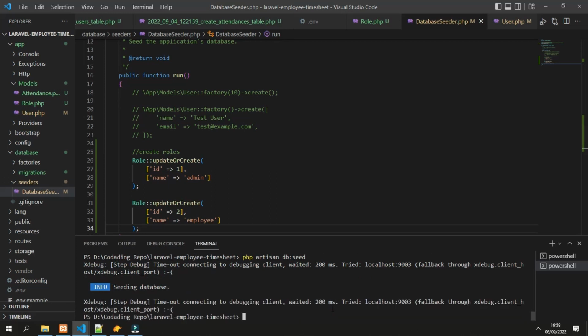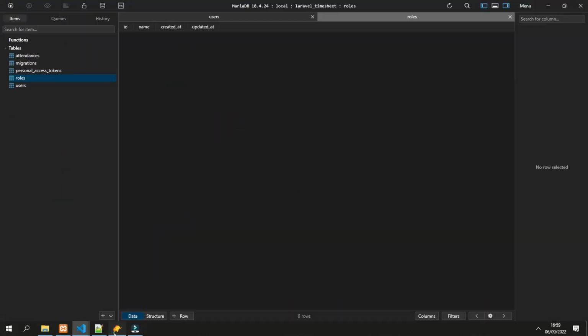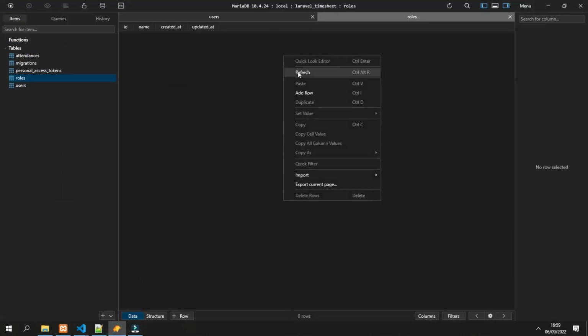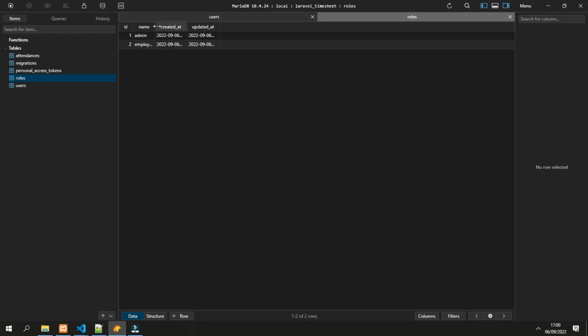Let's try, and we can check in here. It's already created 2 roles, which are admin and employee.